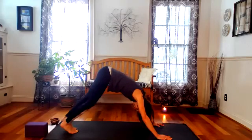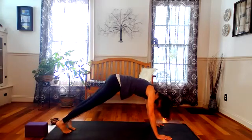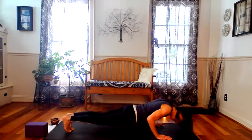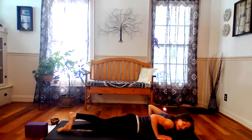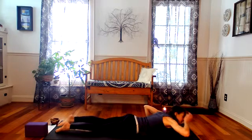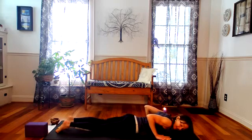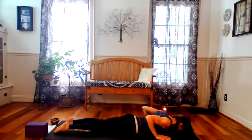And then we're going to come forward into plank, inhaling as we come forward, lowering our body down to the mat on an exhalation. When we arrive, we'll keep our hands right underneath our shoulders, but we'll put the tops of the feet onto the mat. So we're going to do just a few knee exercises here, letting our hands stay where they are, spreading our fingers wide, looking down towards the mat,